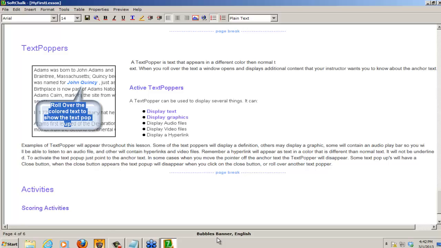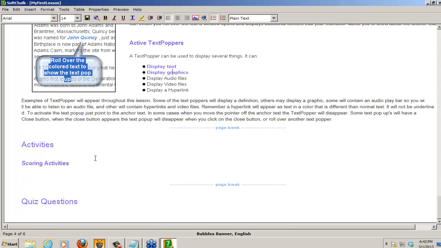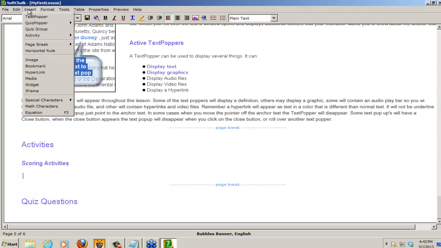To create an activity, let's click directly under Scoring Activities. We now want to choose Insert from the menu bar. From the Insert menu, I want to select Activity, and this shows you a list of all of the activities